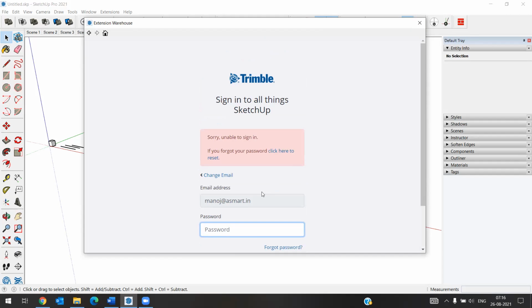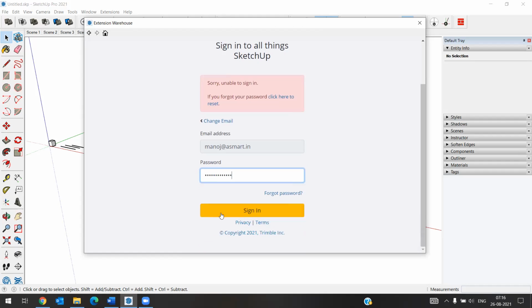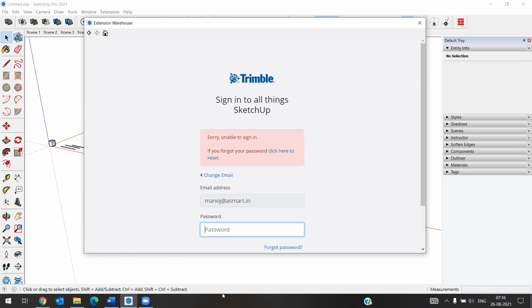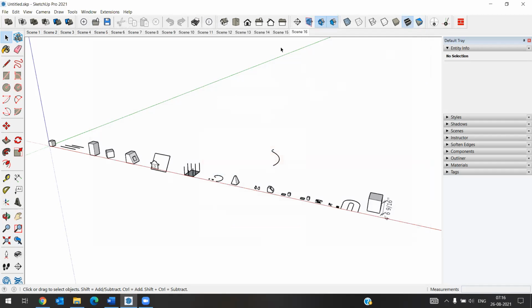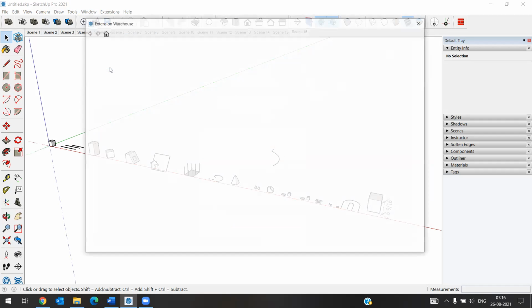Okay, from there you can install 1001 bit tool.